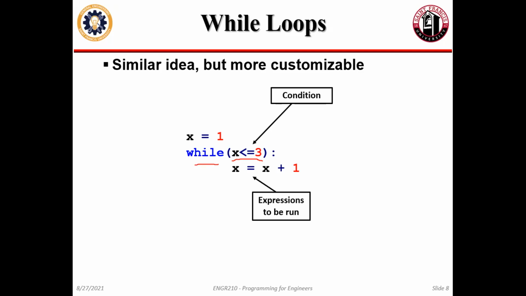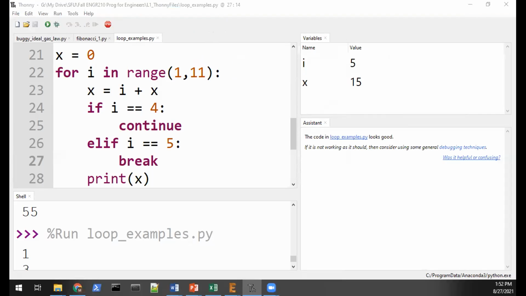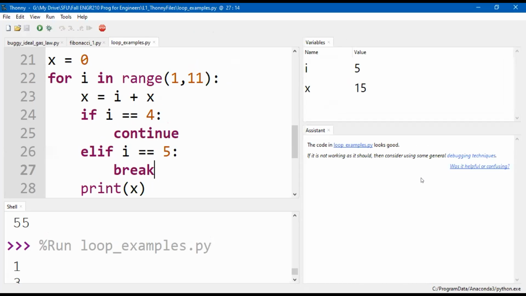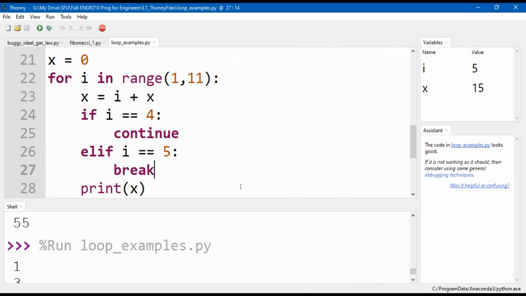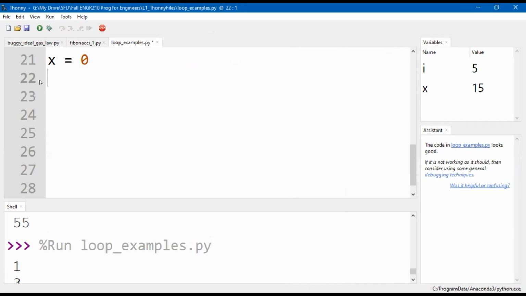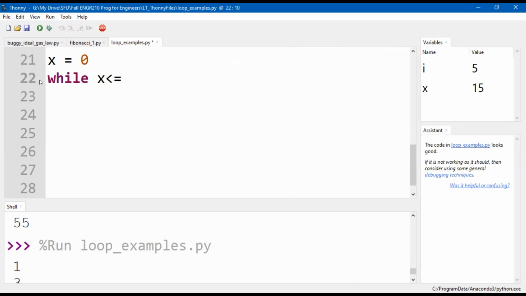So it's my while loop example. I'm just going to get rid of my for loop for a second. All right, so I'm going to say while x is less than or equal to 3.